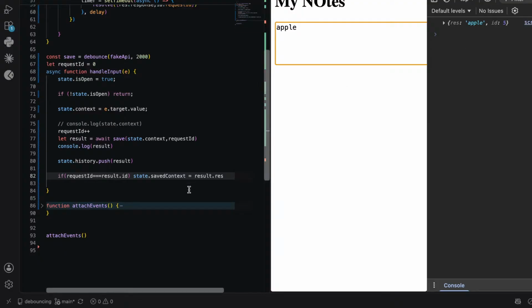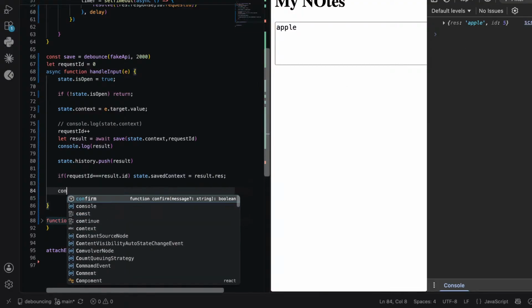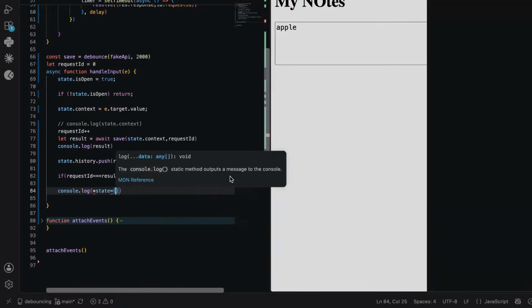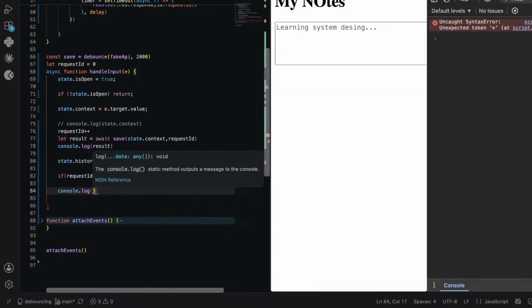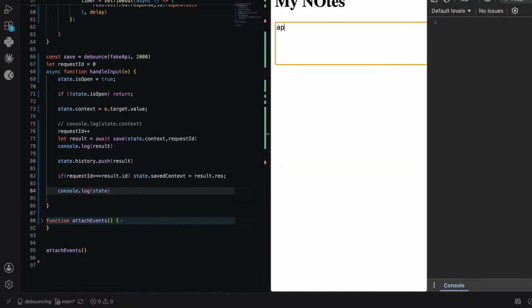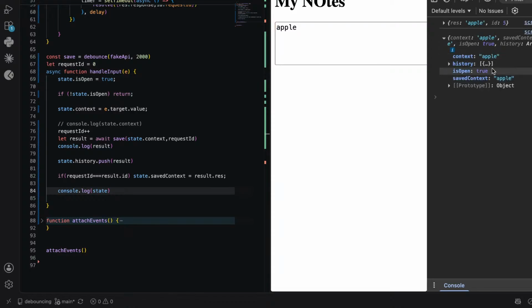After this, let's see console.log state. Not this thing. State. Okay, let's see. Apple. After a few seconds, we have a context here. Context is Apple. History is